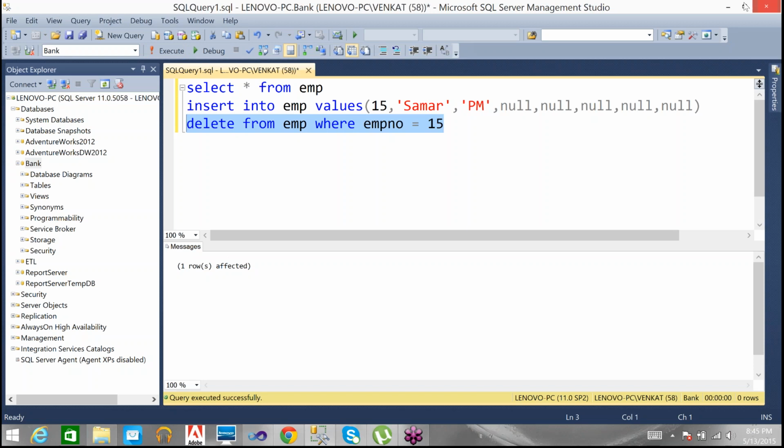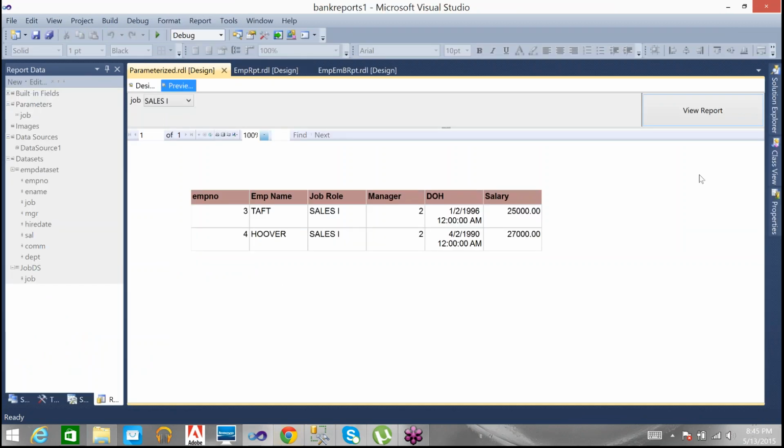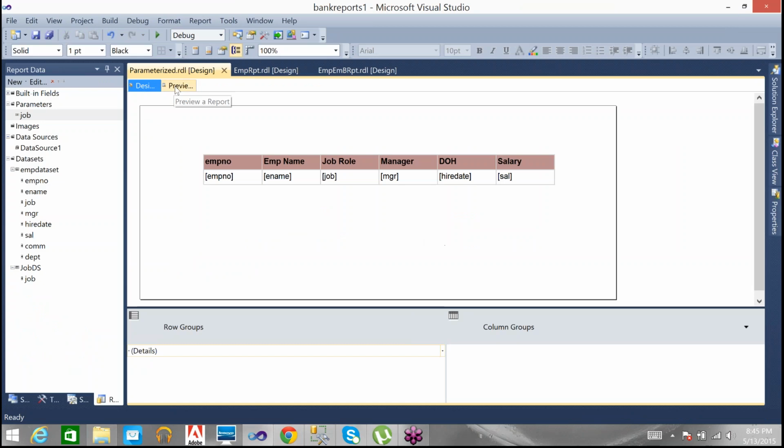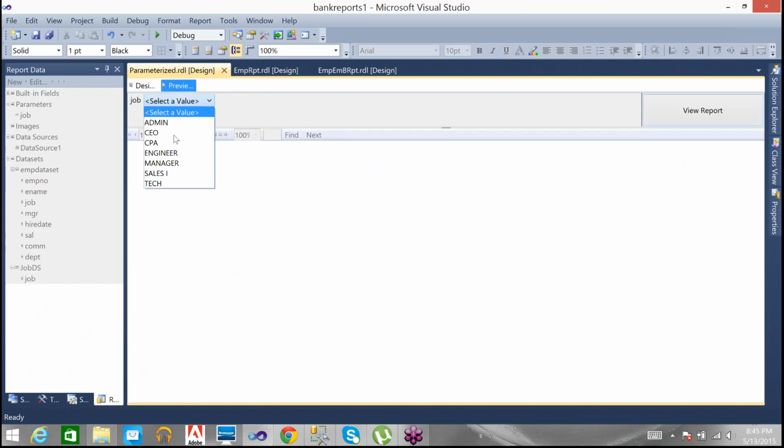Now one row is affected, we deleted that record. Then let us see immediately in our reporting. Go to the design, in the preview, do you have that one? PM, automatically removed. Means what? That is the advantage of writing the query and connecting to the parameter. We don't need to manually change anything. Once the data is removed from the database, automatically those values will be removed from that report also.